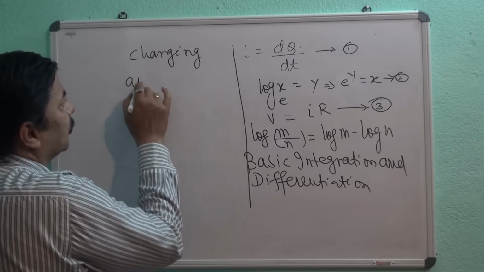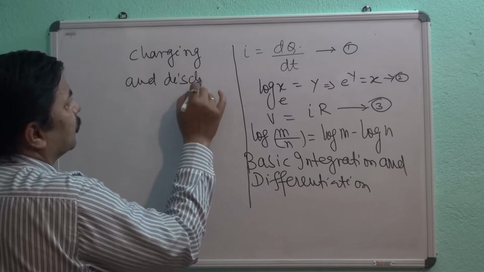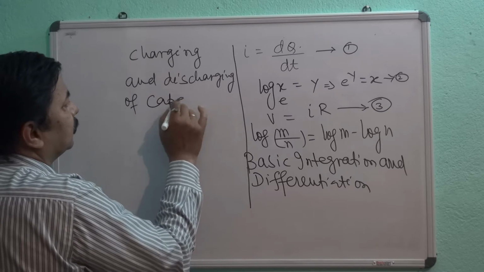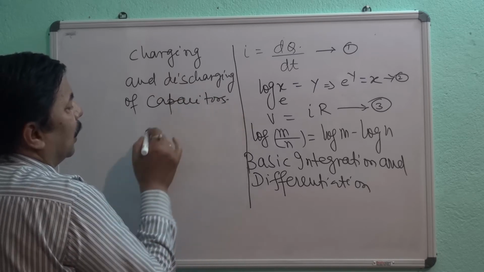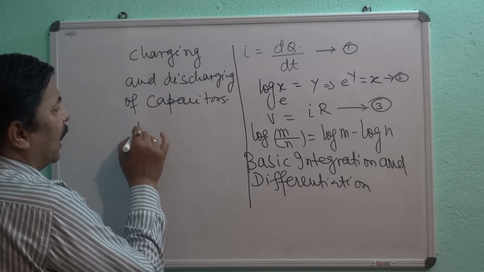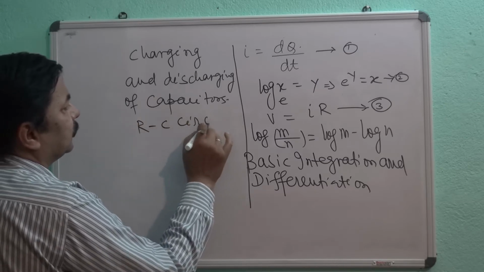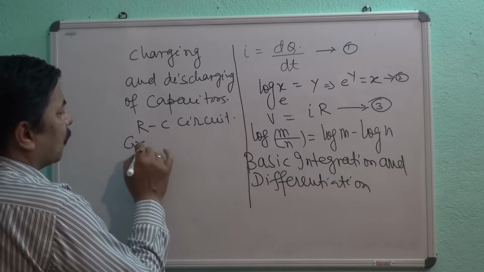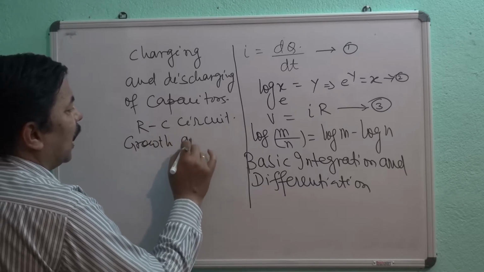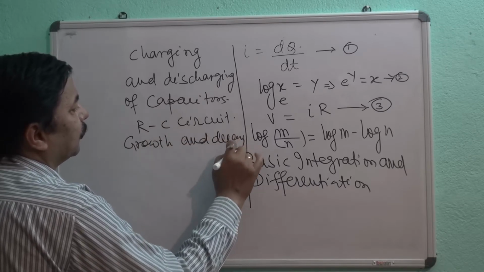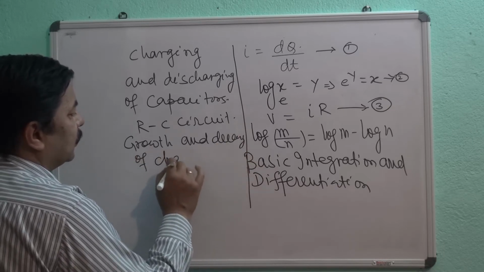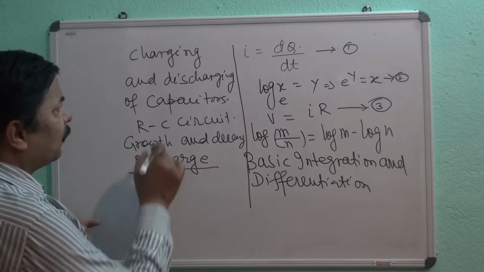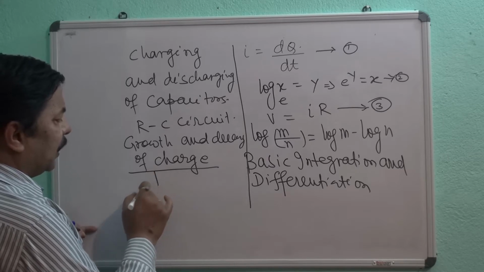and discharging of capacitors. This is also read as RC circuit. This is also read as growth and decay of charge. These are all the same things, and the study of this charging and discharging of the circuit is done